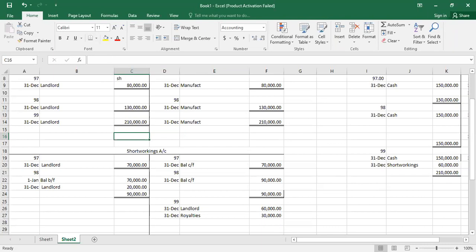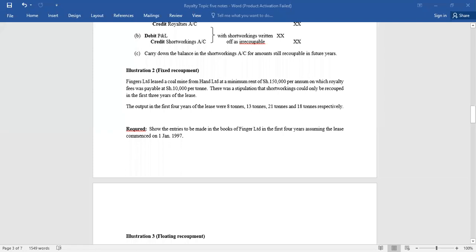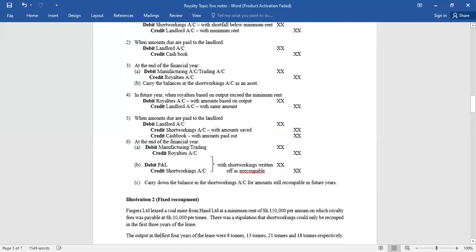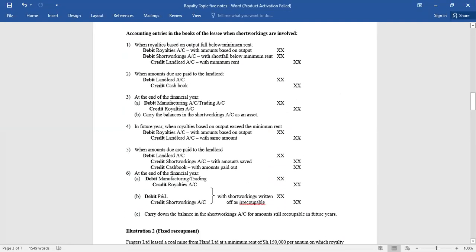Let me show you. This is what is happening. I'll stop to share and share the notes, so you can see what is happening. You can see our